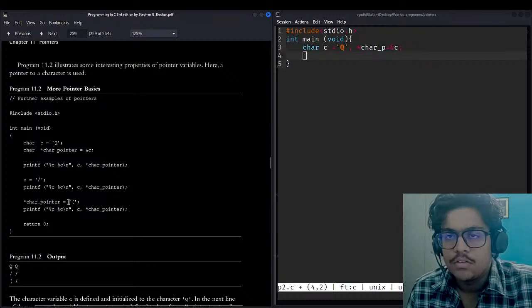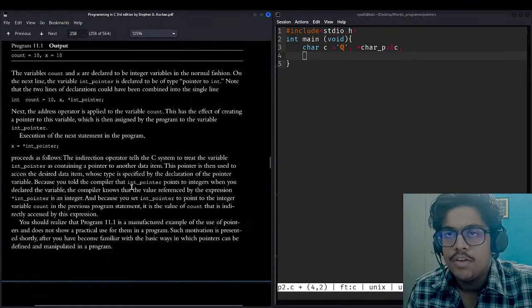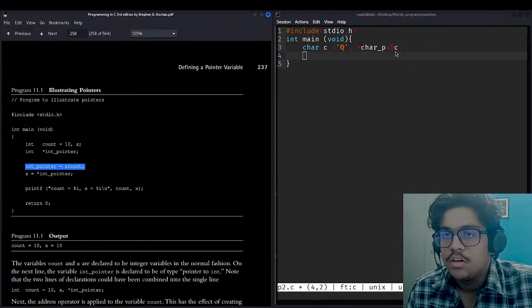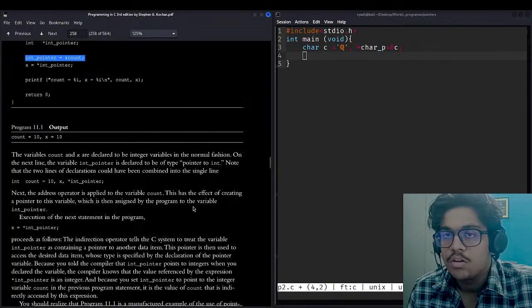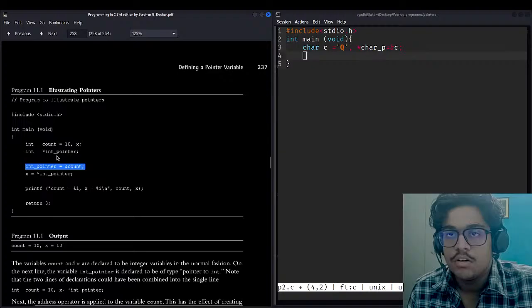Character pointer is a pointer. We have changed the value of the character pointer. Okay, no problem. But we have seen something here, that when you are assigning like this, you have done a similar thing here. Okay, got it. I got it. Because we are using this here, we have